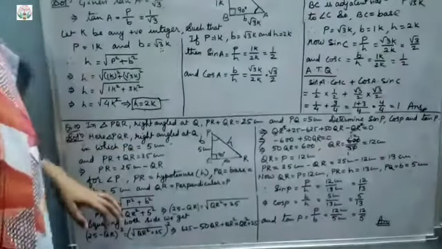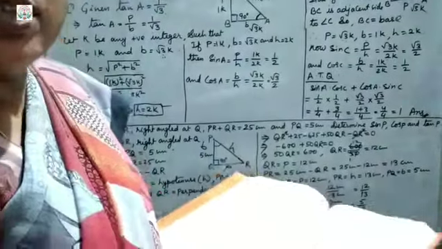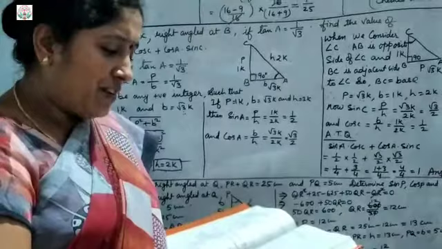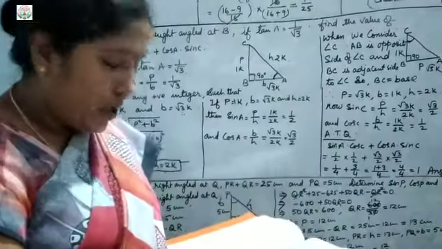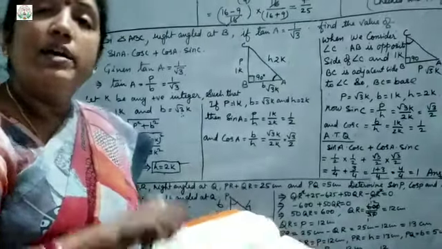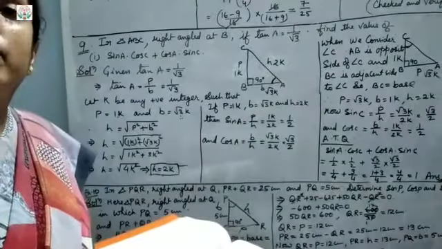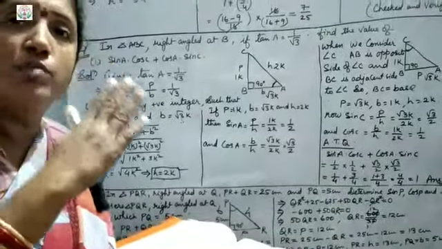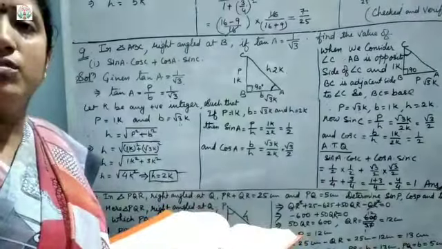Now the true false you see in the book. What is given? State whether the following are true or false. Justify your answer. So first one, the value of tan A is always less than 1. False. Because it may be more than 1, like infinity is there. Tan 90 is infinity. So infinity means more than 1.